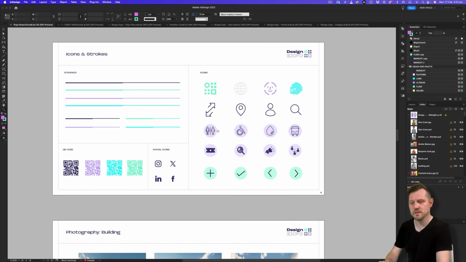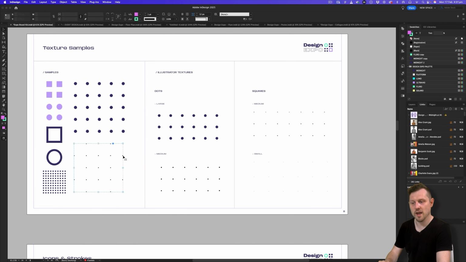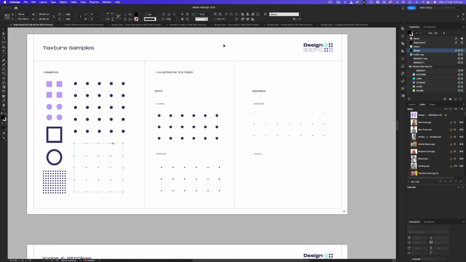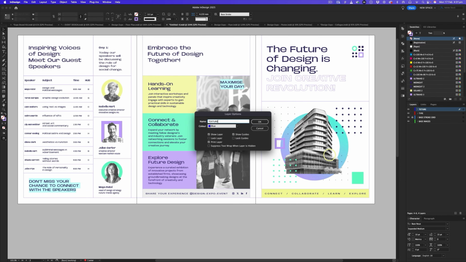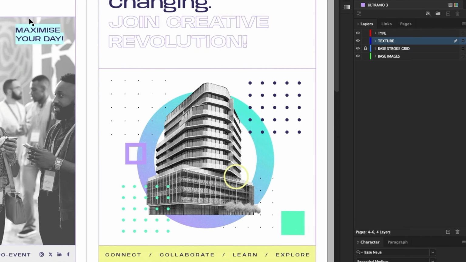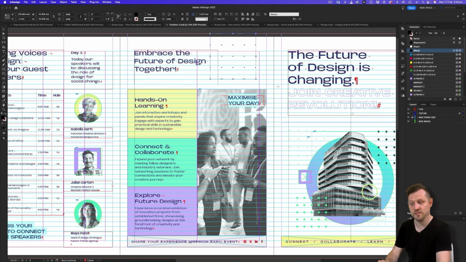So again, I'll jump into the brand toolkit and scroll to the texture samples page. Here I'll grab the square grid sample from the document over on the left, and back into my document, I'll come and create a new layer. I'll name this texture, make sure it's placed just above the grid layer, paste in the texture, place my mouse cursor in the bottom right and drag while holding shift to scale up and position on top of the left